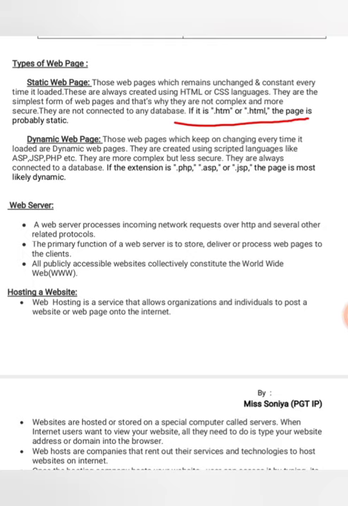If we want to change some data, we will require server-side scripting. Server-side scripting languages are used to write dynamic web pages, which are ASP, JSP and PHP, and so are their extensions. If they end with .php, .asp or .jsp, you can identify them easily just by looking at their extensions. So this was the difference between static and dynamic web pages.